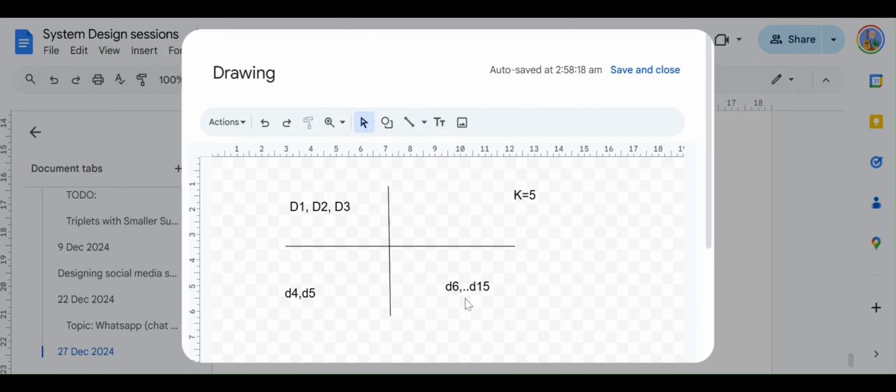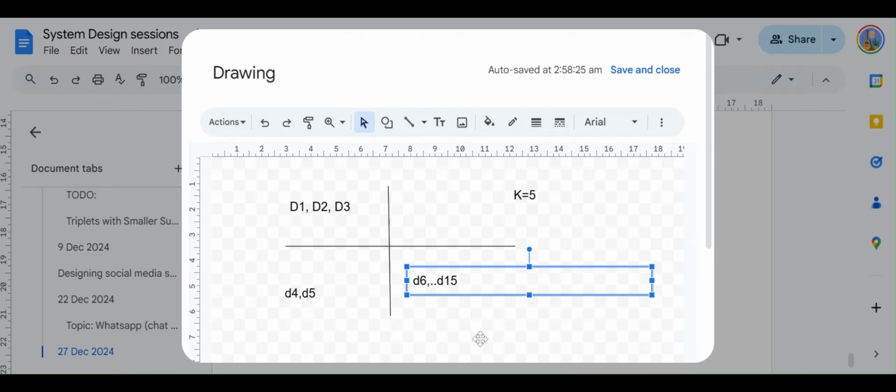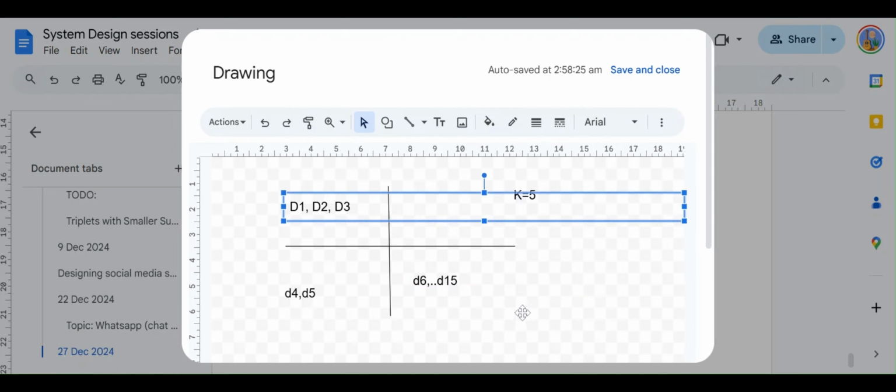So there are 10 drivers here. What really happens is it recursively keeps splitting the quadrants into four quadrants each, if the total number of drivers or locations is greater than a given assigned number. So this k is a configurable setting again.